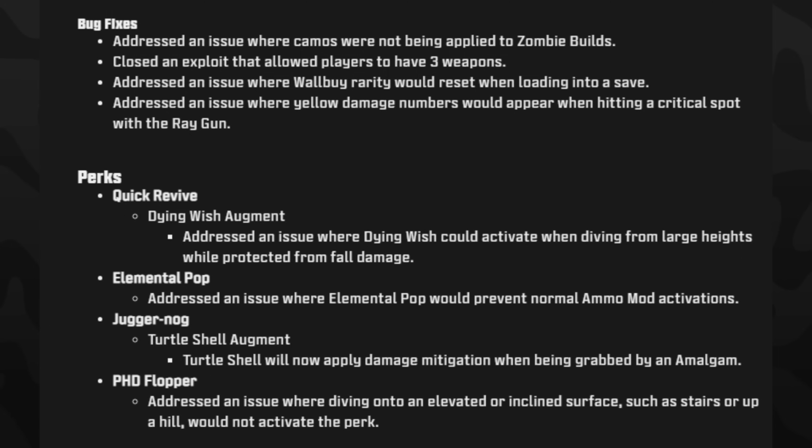Now they've also done a lot of bug fixes. So addressed the issue where camos are not applied to zombie build, closed an exploit that allowed players to have 3 weapons, addressed the issue where wall buy rarity would reset when loading into a save, addressed the issue where yellow damage numbers would appear when hitting a critical spot with the ray gun, perks, quick revive, dying wish augment,